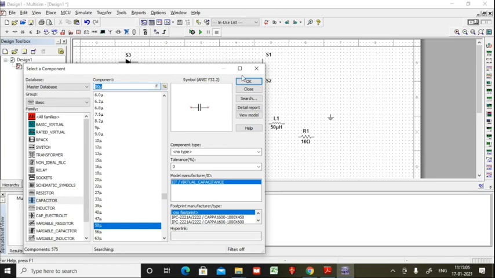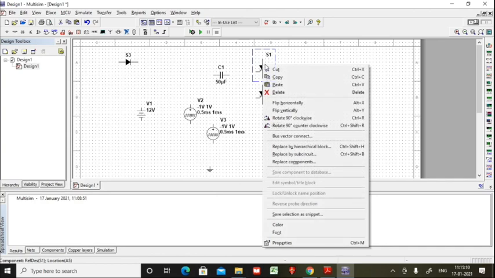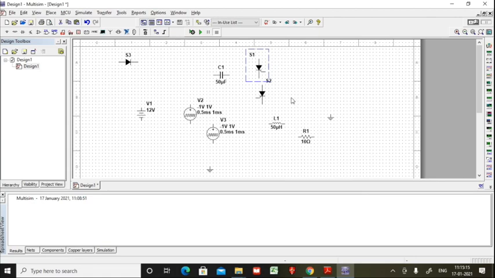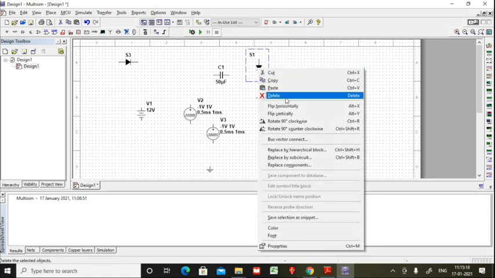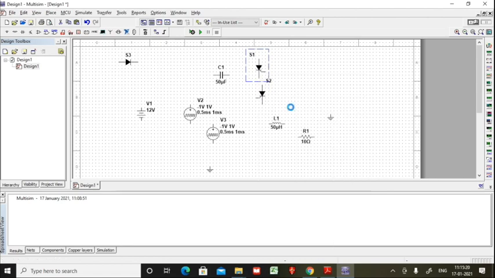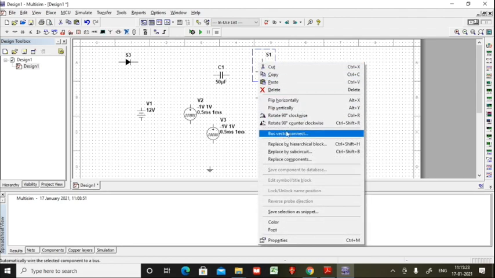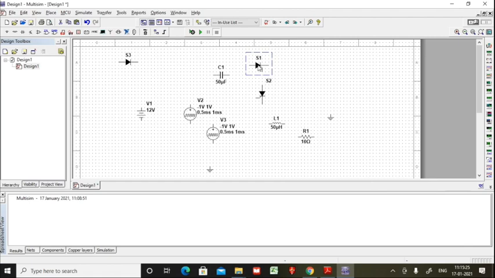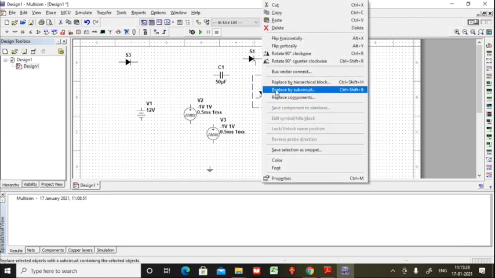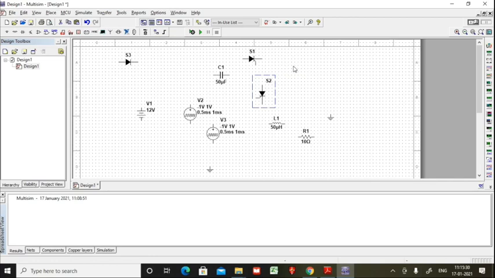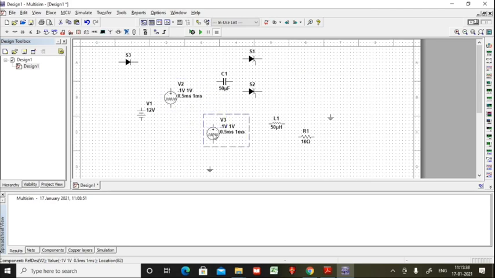Now I have to put most of the components in horizontal and vertical positions. Right click on each component, flip horizontally, sorry, not flip horizontally, you have to rotate counterclockwise. This also you rotate counterclockwise. Let this capacitor be here. This is for SCR1. I'll rename all of these after connecting.